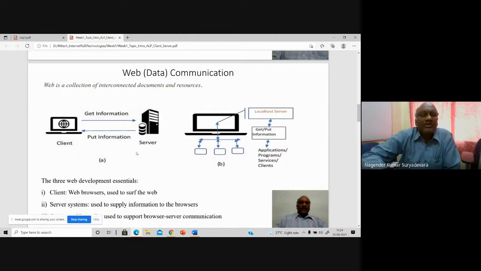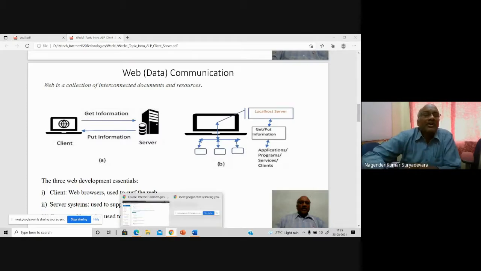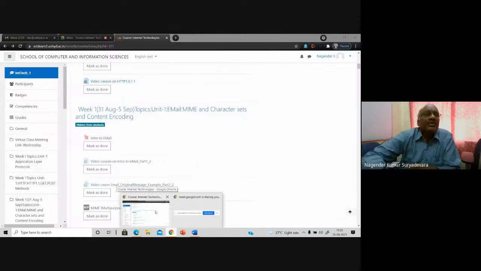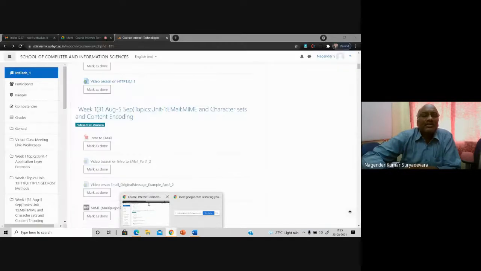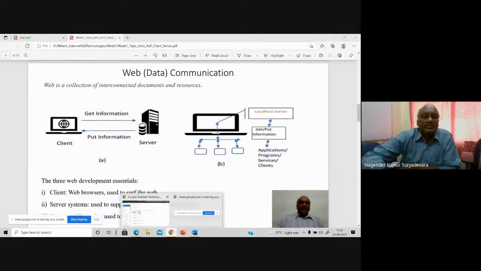Okay, have you understood? Here I kept one small diagram, a client and a server. Can you please tell me what you understood? Anyone? Can anyone just put forward, based on my video class and this PowerPoint presentation, what you mean by this client and server here? I would like to hear from you.